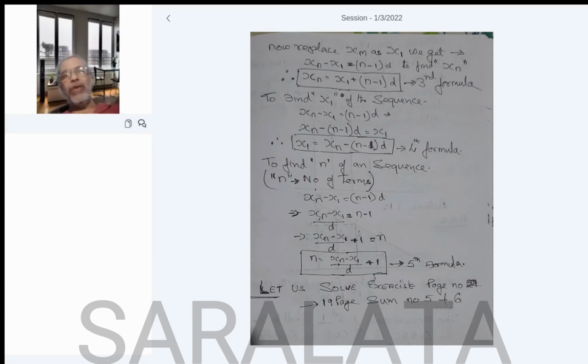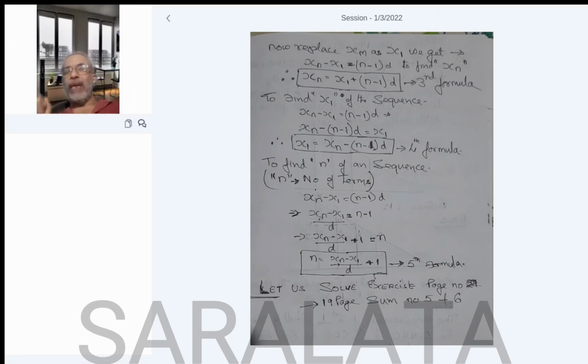Here, to find xn, I put the xn outside on the left side and put the xm on the right, so that minus xm becomes plus xm. So xn equals xm plus (n minus m) into d. Here, the 1 gets replaced by m and becomes n minus m. So to find xn, that is the nth term of the sequence,